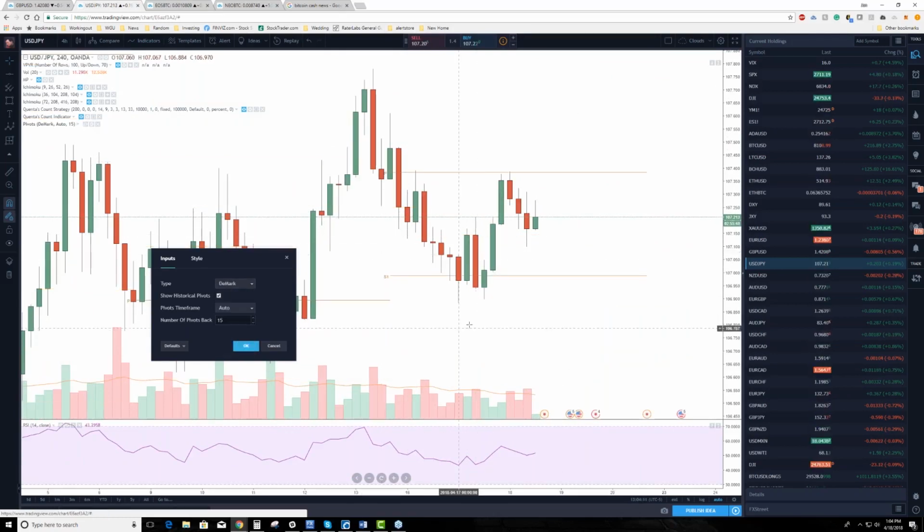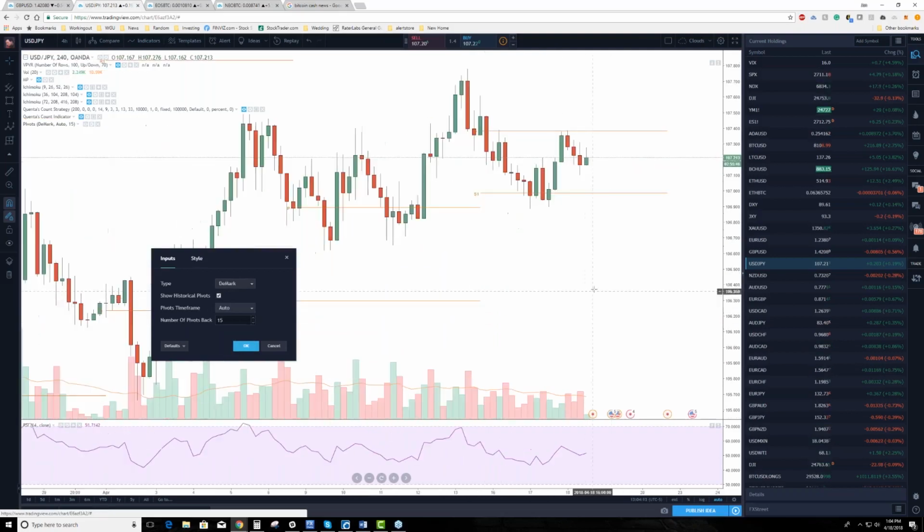But there are very, very many varied forms of pivots. So we have Camarilla pivot points. So we can see where the first, second, and third lines of resistance and support are using this form. Then Tom DeMark,